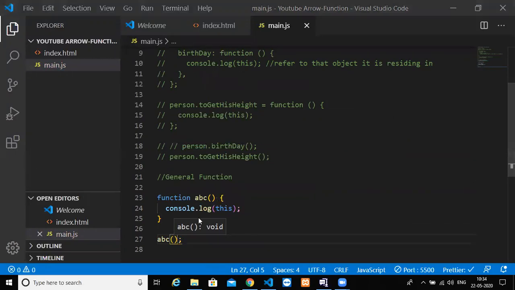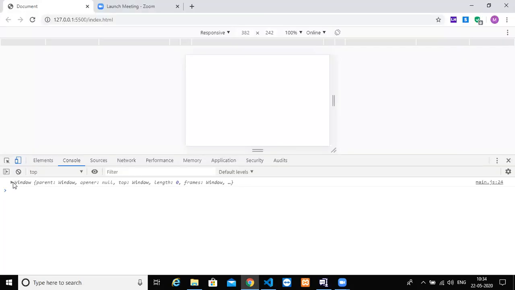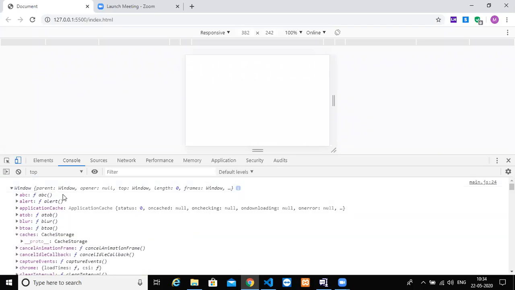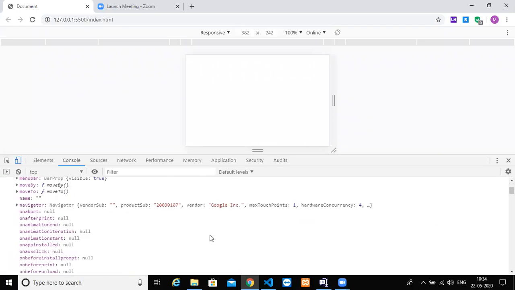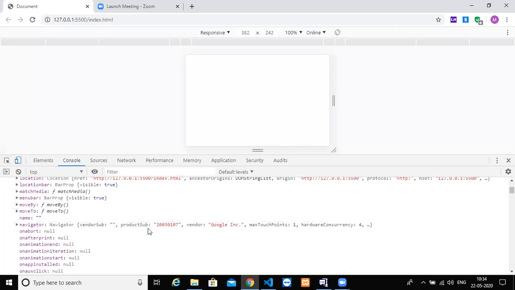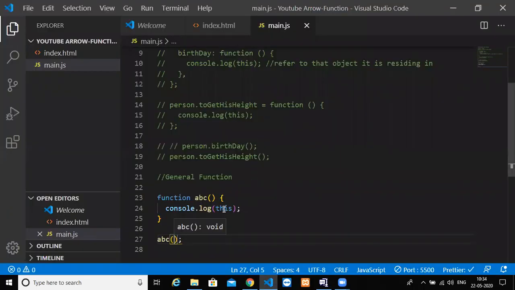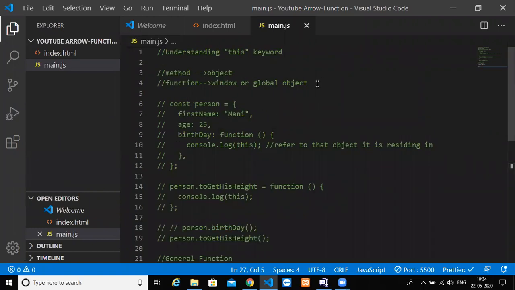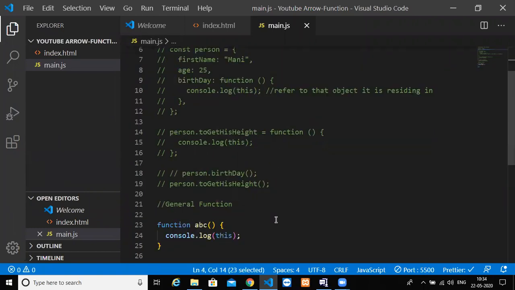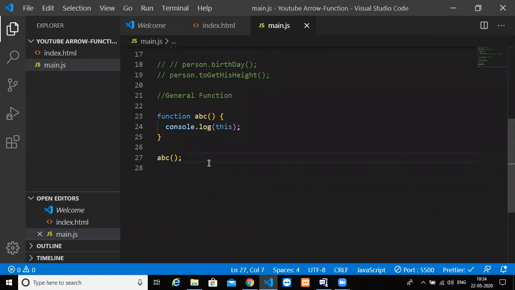Save it and go back. You will get that window object. As I told, this is a global object in JavaScript where you get all the context. So if you do this in a general function, you will be taken to your window or global object. Clear? This is how the this keyword works inside a general function.